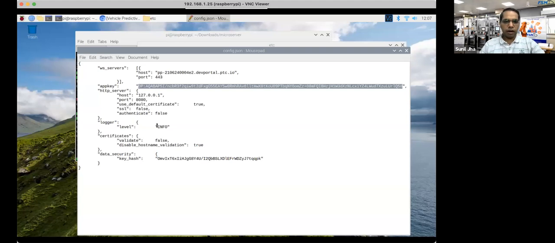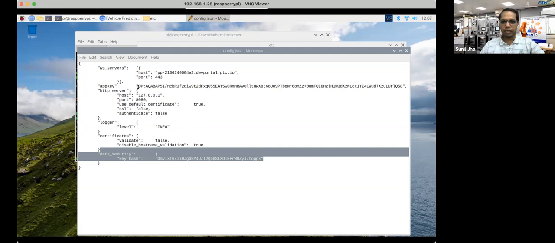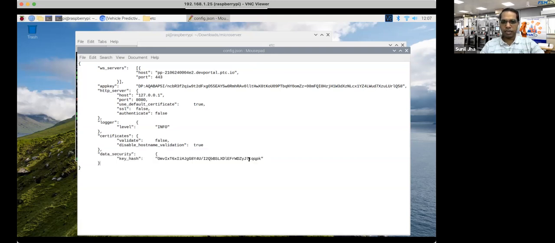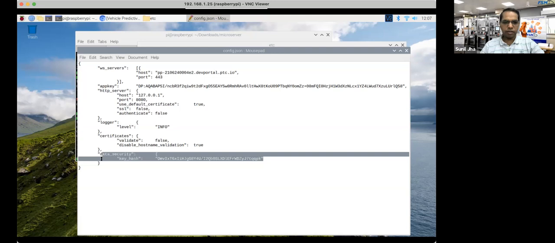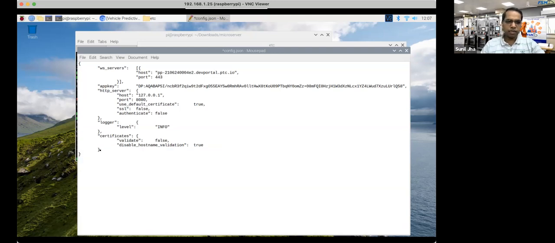Fine. The only thing to take care of is that this line may not be required in this case. This will all be generated, because there is a key hash used to encrypt the application key so that nobody can get access by looking at the config.json file. In fact, let me show you by removing this part that is not required here. At the same time, I will also replace my app key here.